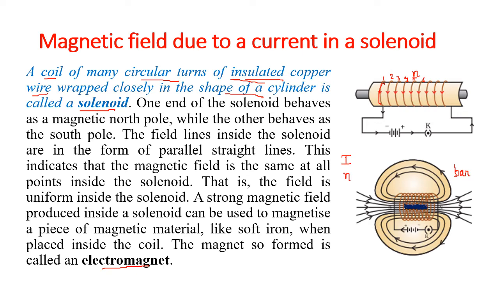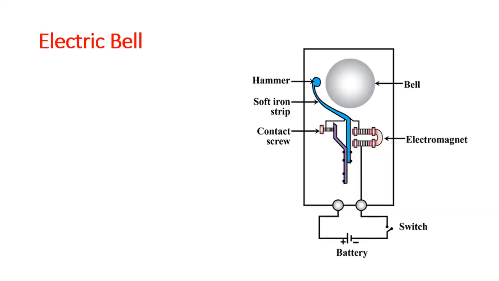So now we have learned the use of the current carrying conductors, right? And what are the use of the electromagnets? Yesterday I talked about use of electromagnets. The first is the electric bell that we have right now at many places in the homes. Now they have gone to musical chimes, but old electric bells were working on the principle of what? The principle of an electromagnet. So let us see how this electric bell works.